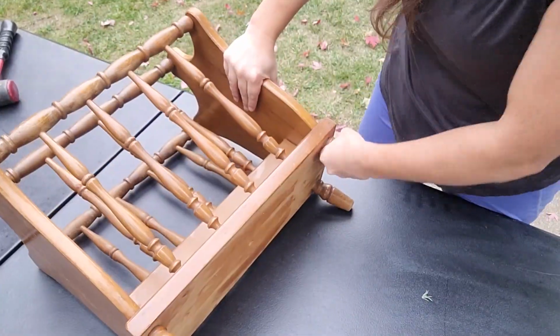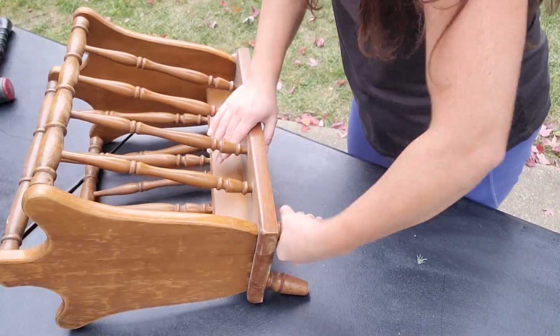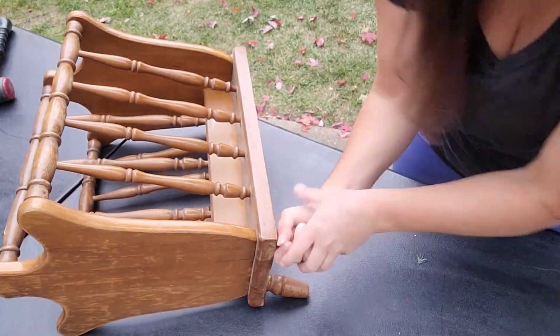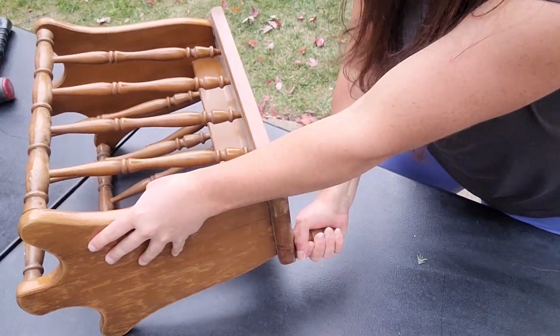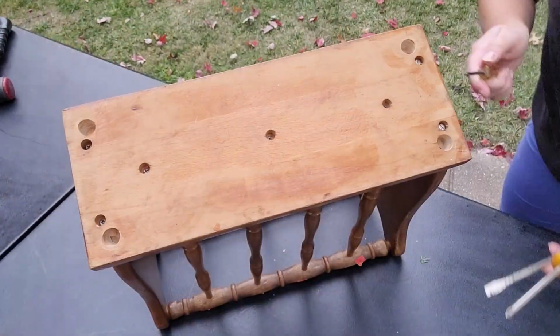And then without further ado, this is the magazine rack that we are going to be starting with today. I just went and picked this up from the thrift store and we're going to start by disassembling it. This one did have several screws and it did take a little bit of muscle to get all of those pieces apart. So I just started in by removing all of the screws. I did have a little rubber mallet to help me pop any of those pieces that were just being a